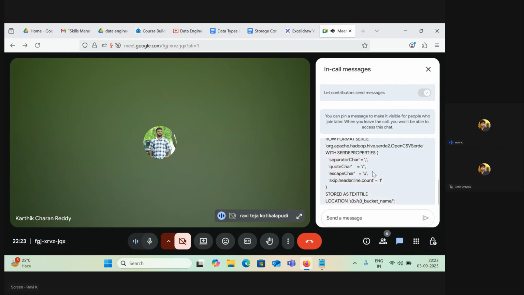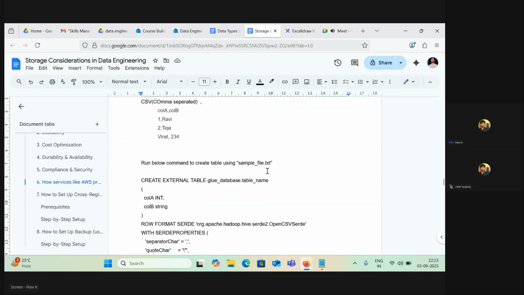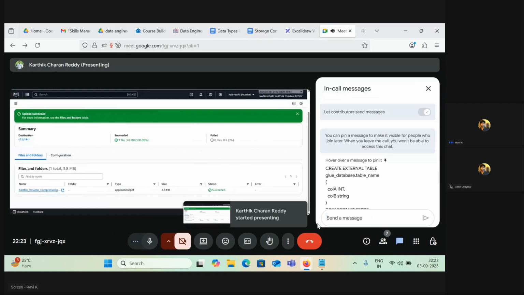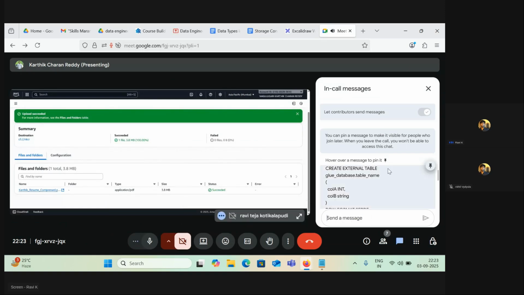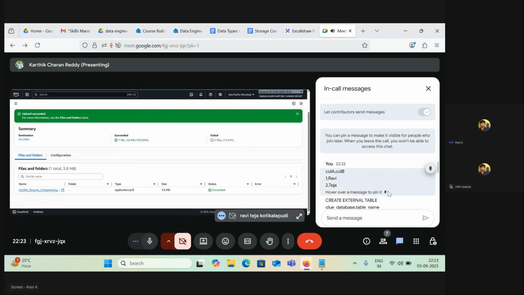Just give it a name like sample file.txt, anything is fine. Just copy the first one only, the first message only. Copy it to Notepad. Yes, just go to Notepad, because I couldn't see your Notepad.